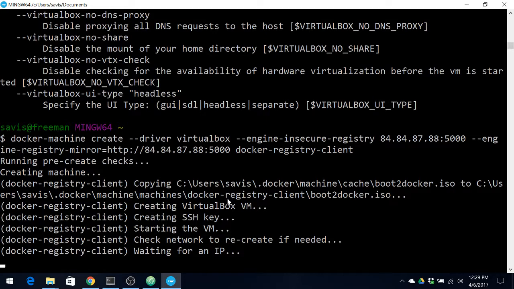But the additional parameters that specify the engine registry and the registry mirror go into the VirtualBox VM, which is basically created from the boot2docker ISO, right? And they go into the Docker options for the Docker daemon listening inside that VM. So that is basically how it works.